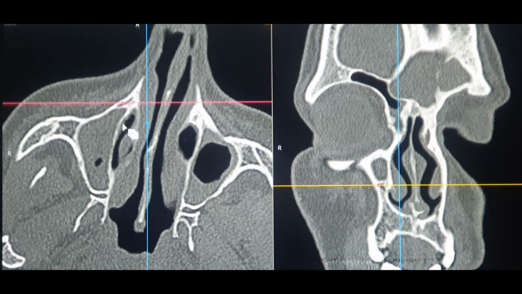When you have to go for Denker's in cases of GNA surgery, it is the modified endoscopic Denker's approach that we normally use. These days, in today's generation, we use the modified endoscopic Denker's to have a head-on approach for GNA. What we do in that is we remove almost the entire medial wall of the maxilla, which you can see over here, and part of the anterior and anterior lateral wall